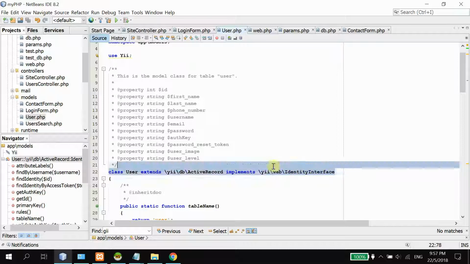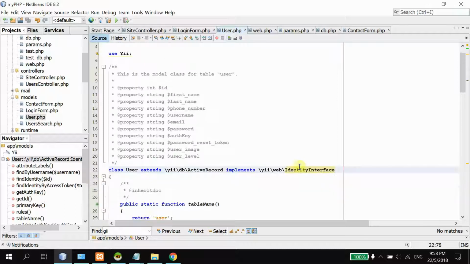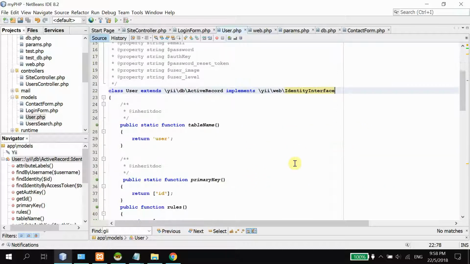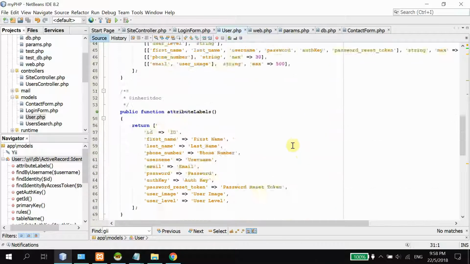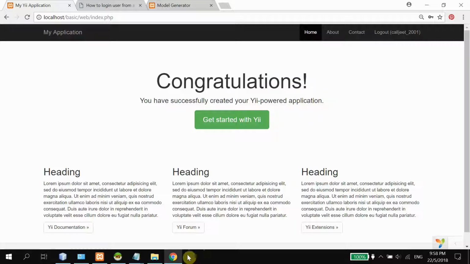If this class represents a user in the YII ecosystem, then it needs to implement this interface. So you need to add this implements phrase, and that's about it. That's all there is to making use of